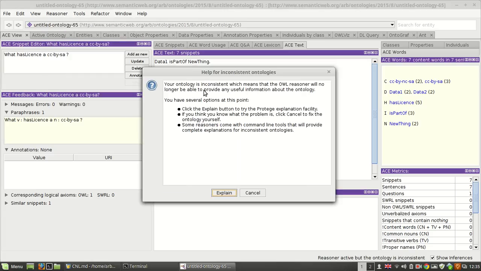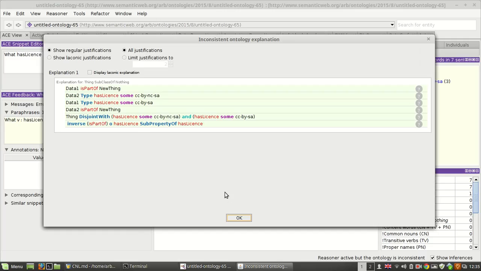We now get a problem. We have an inconsistency in our world. Let's explain what that inconsistency is. It is telling us not just that we have an inconsistency, but why. Data 1 is part of our new thing. Data 2 is also part of our new thing. Data 1 and data 2 have these two different licenses,